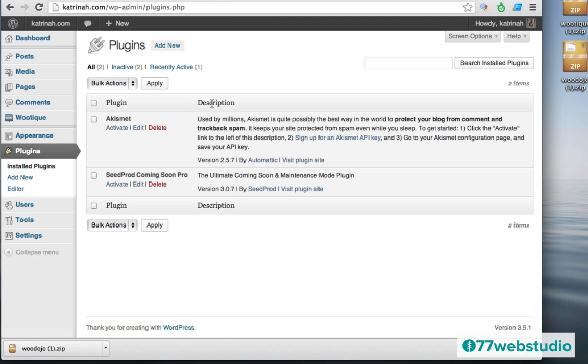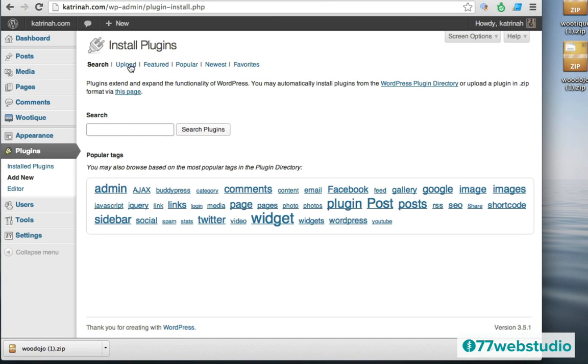So we can add a new plugin two ways. We can either click on Add New right here at the top, or we can click on Add New underneath where it says Plugins in the left-hand sidebar. So I'm just going to click on Add New at the top here. And then I'm going to not do a search for the plugin because I know where it's located. Instead, like we did with the theme, I'm just going to upload the zip file of the plugin by clicking on Upload. So I'm going to click on the upload link right here.